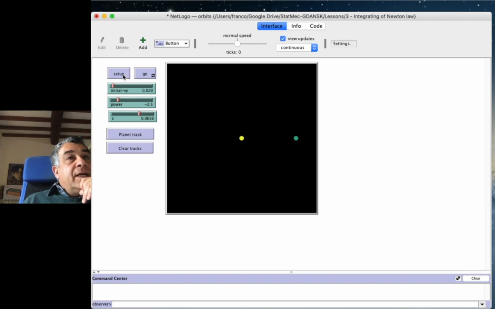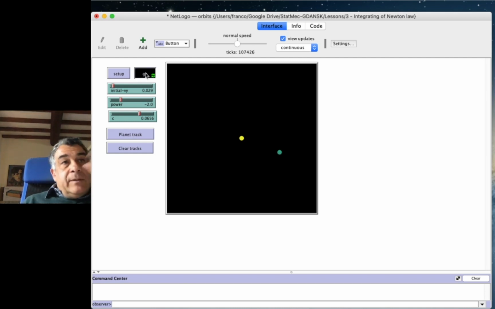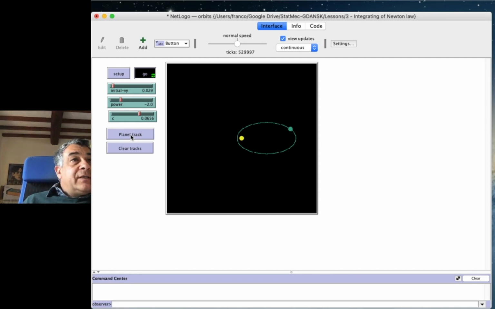Okay, so I can start with a certain velocity. I can fix here the power. So let's start with the standard planetary, standard Newton law for gravitational forces, and you can see that the planet follows the standard ellipse